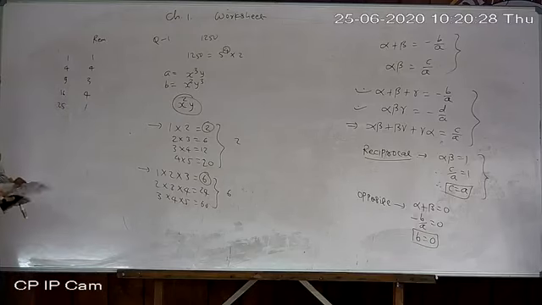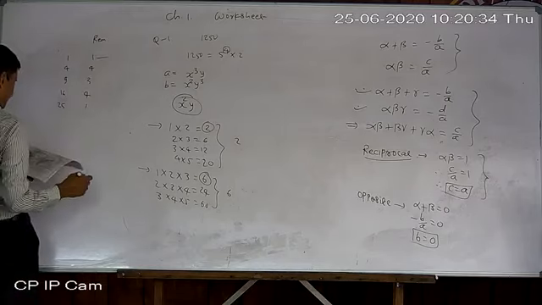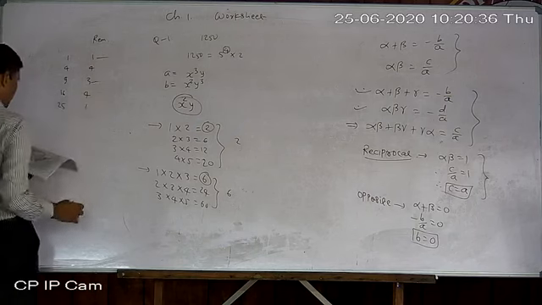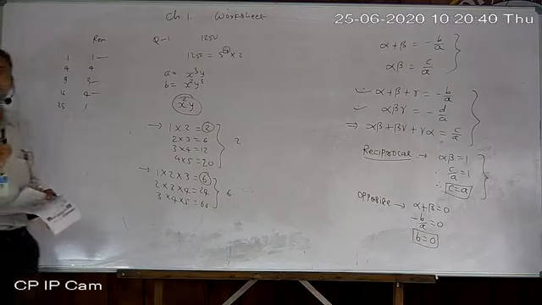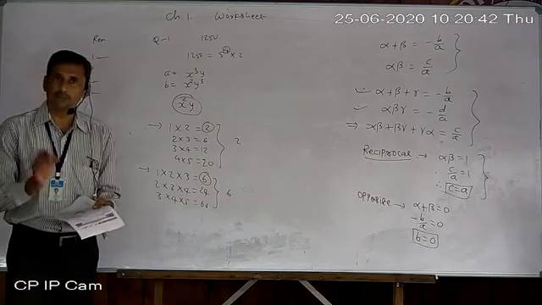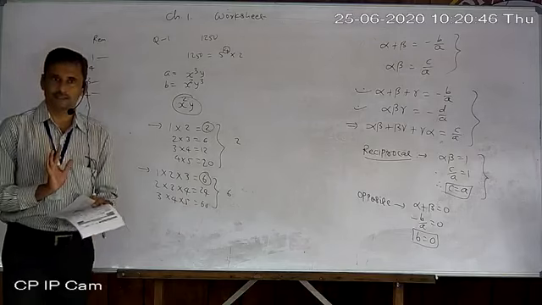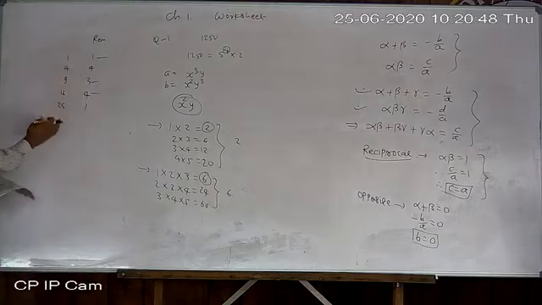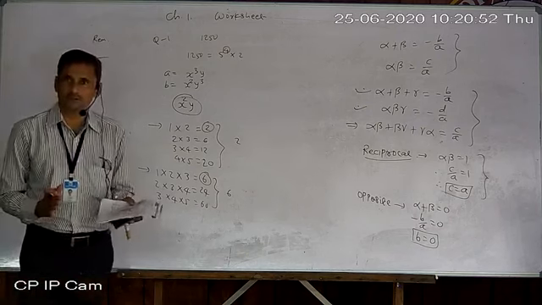Okay. Now what are they telling? Remainder cannot be... So 1 is there, 3 is there, 4 is also there, but 5 is not there. Okay. 5 can never be the remainder if you divide any perfect square by 6. So by taking examples only, you can give the answer to this type of question.